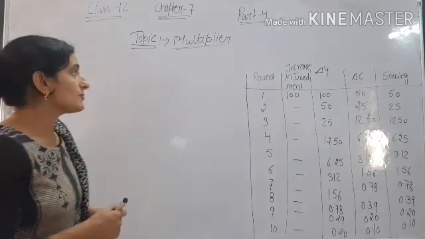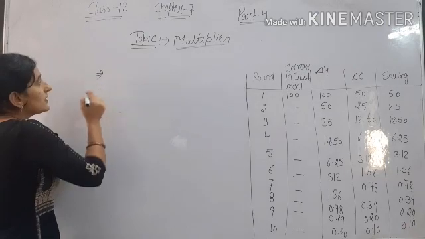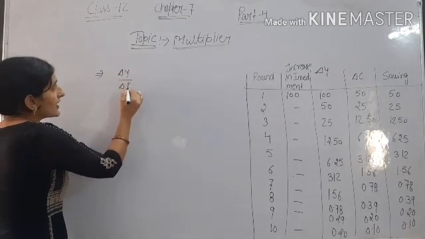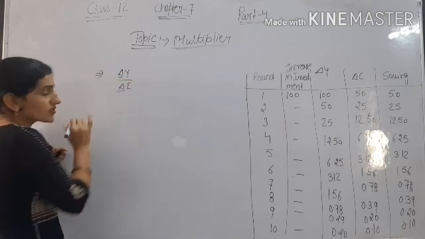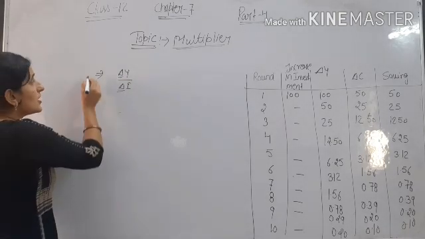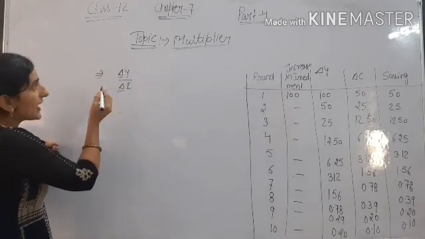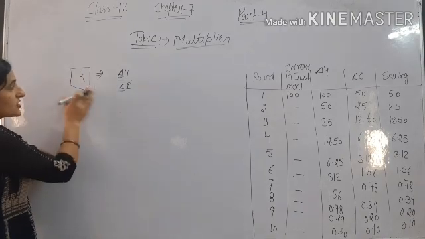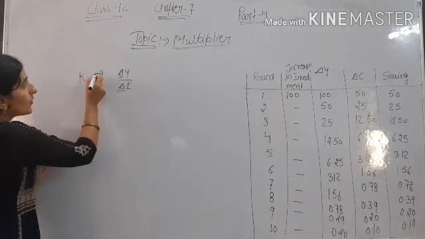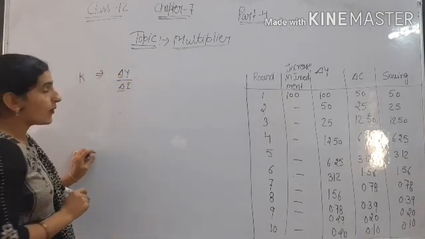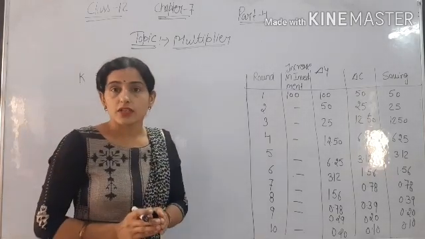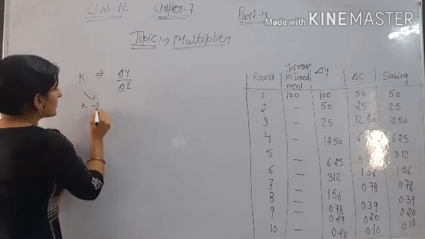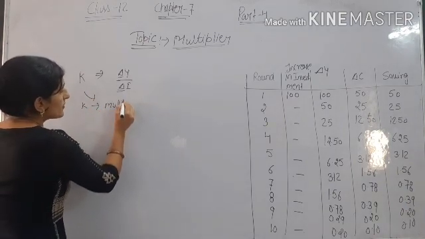So what is the multiplier? The multiplier says that there is a change in income due to a change in investment. This delta shows change. The multiplier is denoted by K. So K equals change in Y upon change in I. K means multiplier. It shows the multiplier,